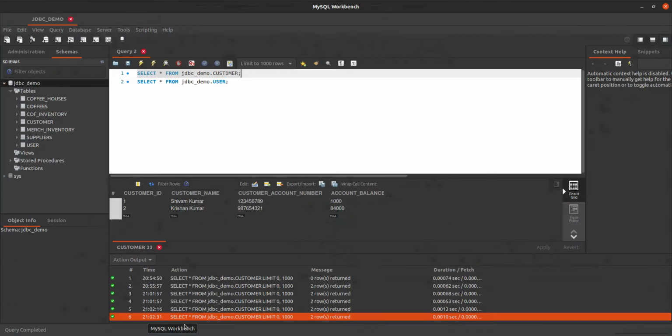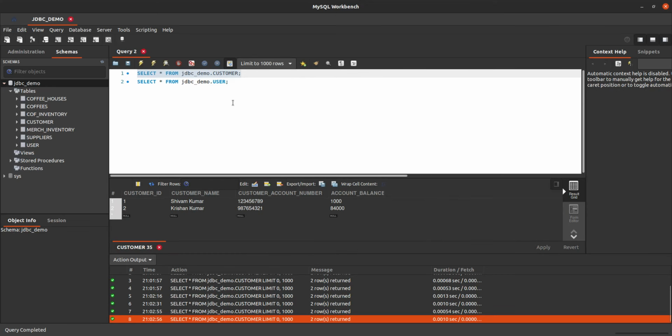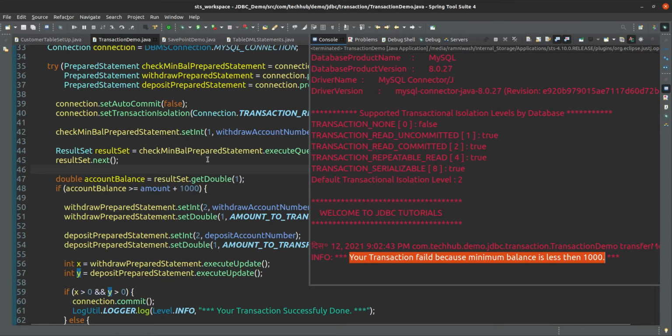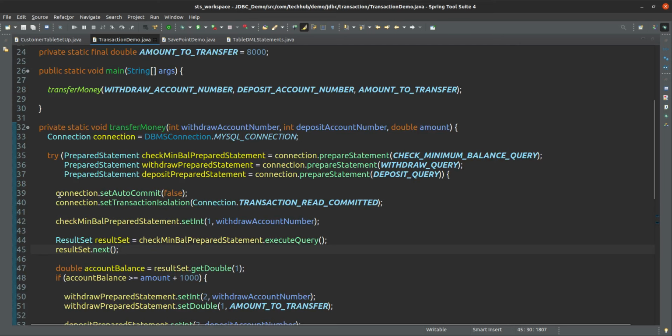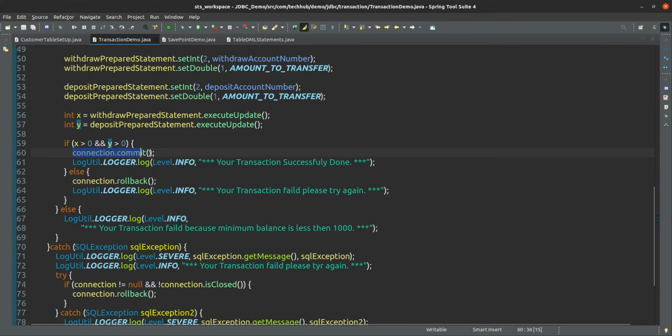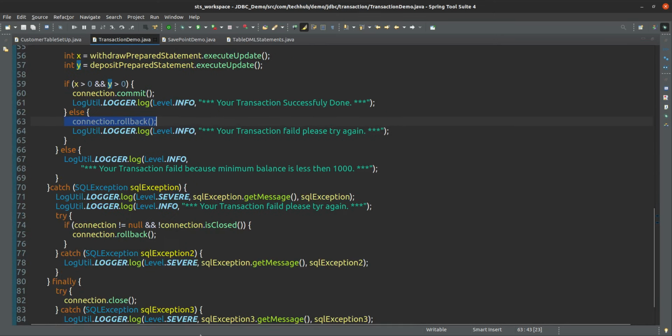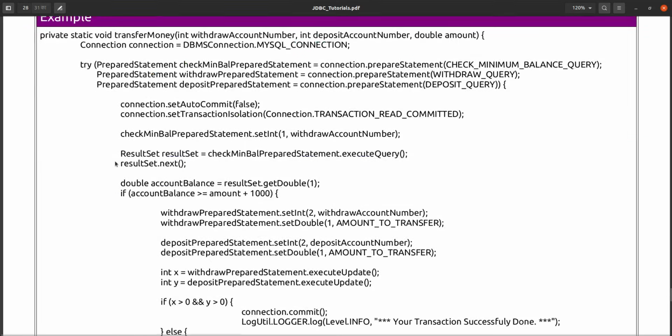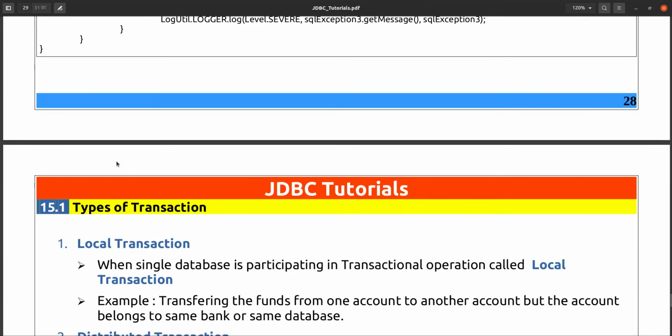It will remain the same and will not be reflected in the other bank also. So this is the way we can implement the transaction. A transaction should be started by setAutoCommit false, and it should be ended by either connection.commit or connection.rollback. So this is the example that we have seen.